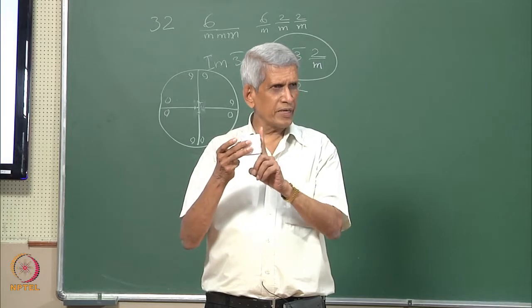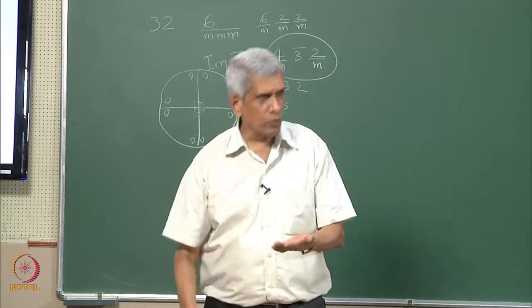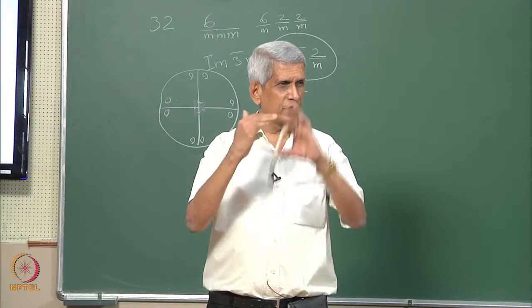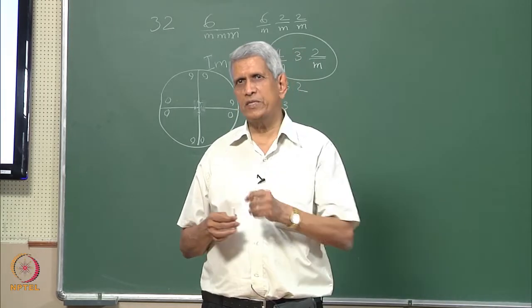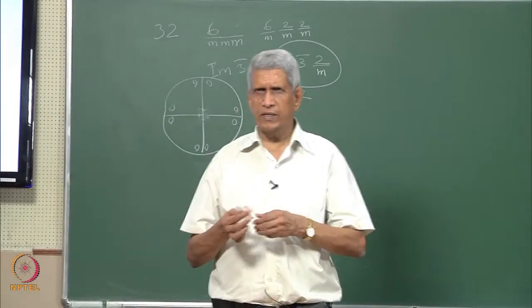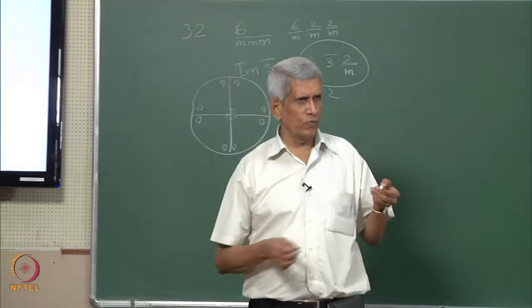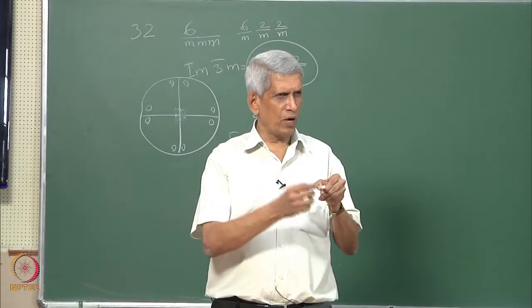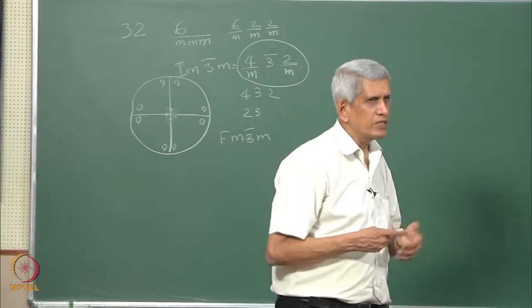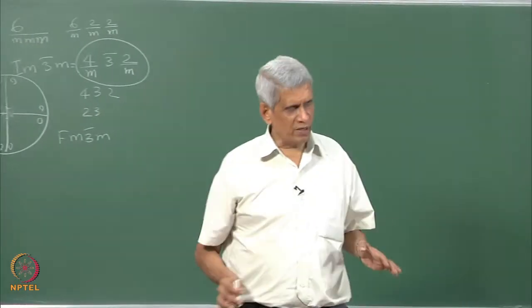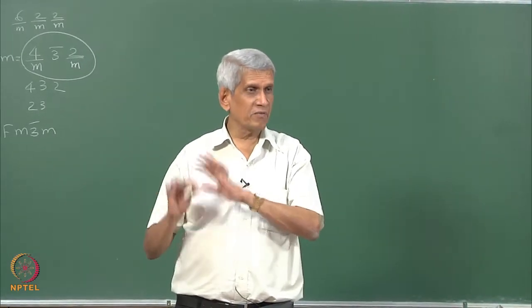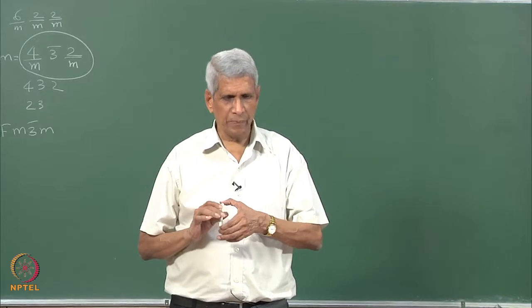But to satisfy that symmetry, it is not on a particular plane, it is along an axis, the motif itself has been shifted. These sort of symmetry elements are exhibited by many crystals. This we call a screw axis. This is like a normal threaded screw: when we rotate it one round by a pitch, it comes back to an identical position, right? Exactly like this. But there are some conditions which this screw axis will have to satisfy, so that it is consistent with the translational periodicity of the lattice.